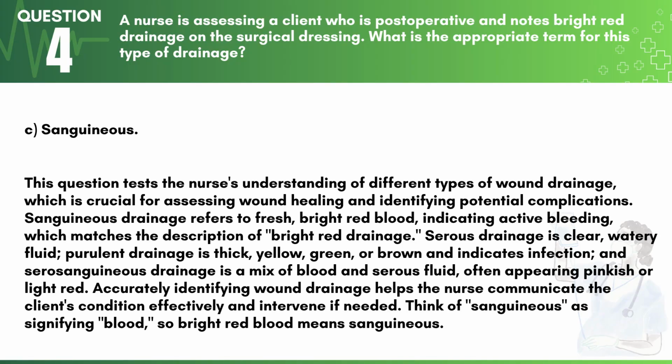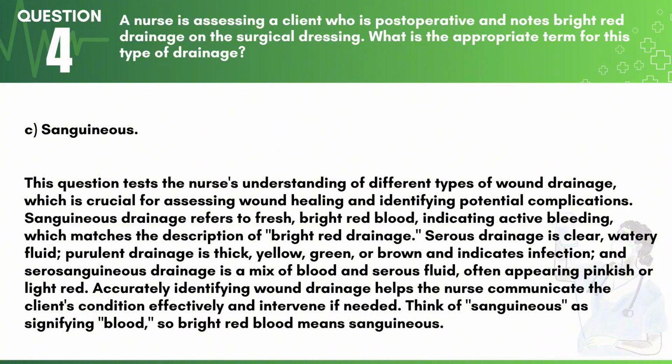Answer: C. Sanguineous. This question tests the nurse's understanding of different types of wound drainage, which is crucial for assessing wound healing and identifying potential complications. Sanguineous drainage refers to fresh, bright red blood, indicating active bleeding, which matches the description of bright red drainage. Serous drainage is clear, watery fluid,